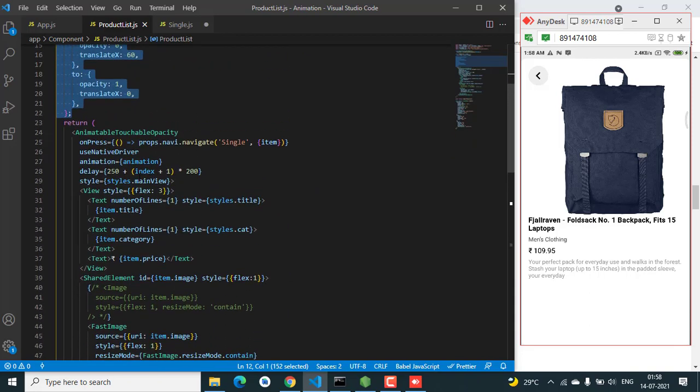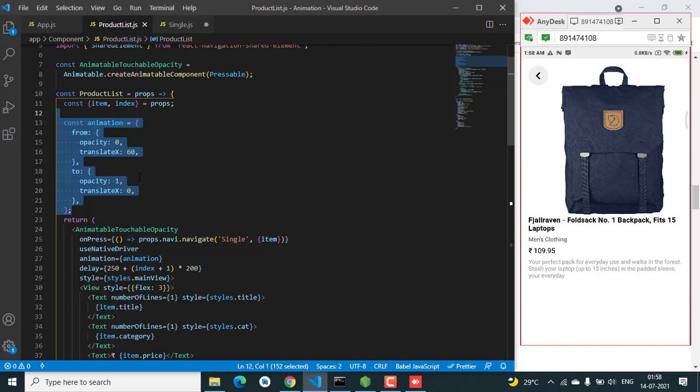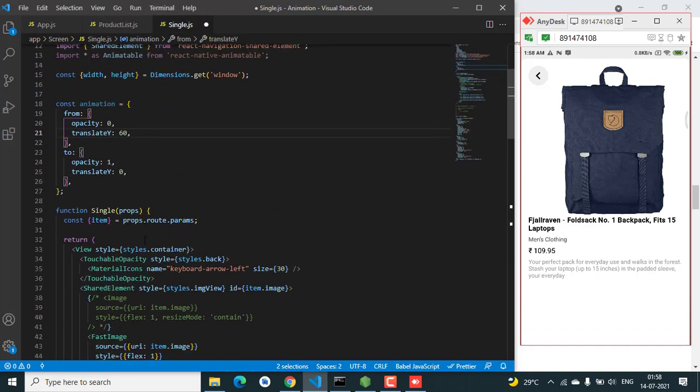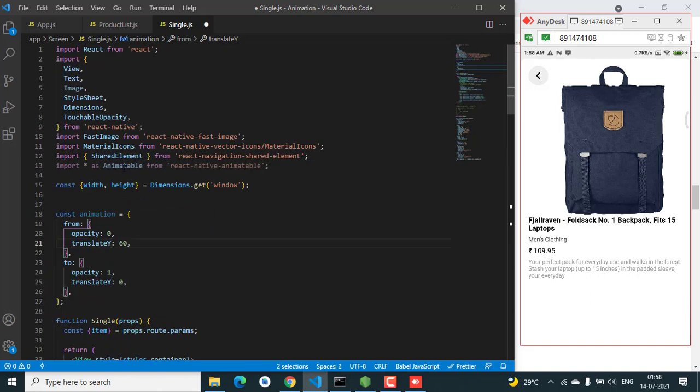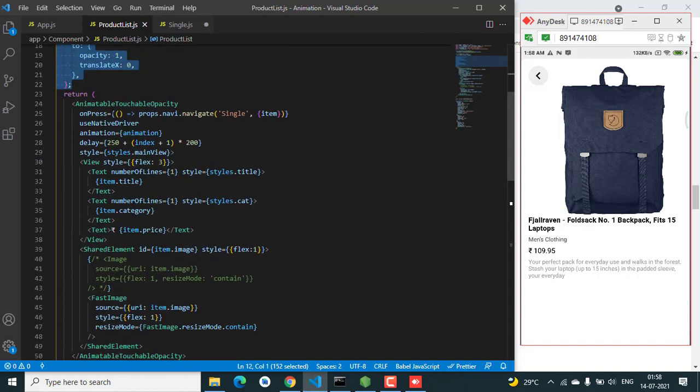We really want to copy everything from over here, and instead of View we are going to use Animatable.View, and we just want to use the native driver, the animation constant, and the delay option.